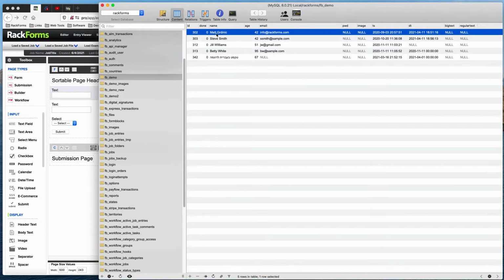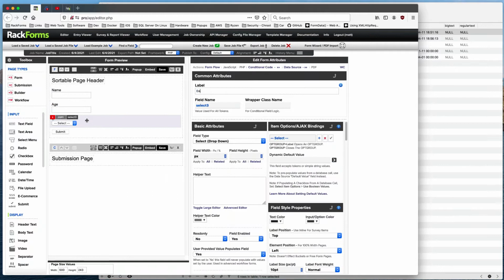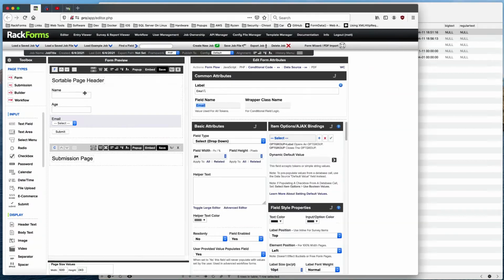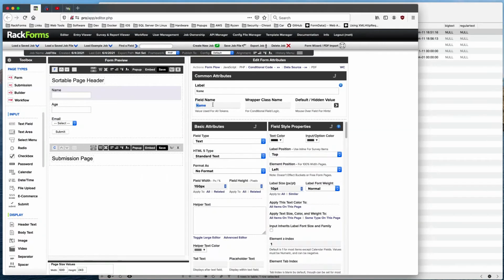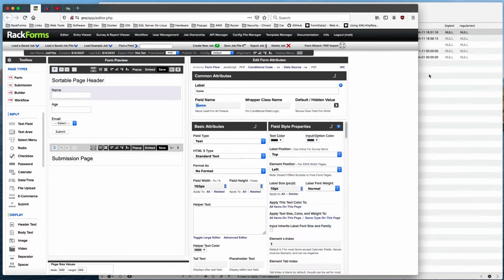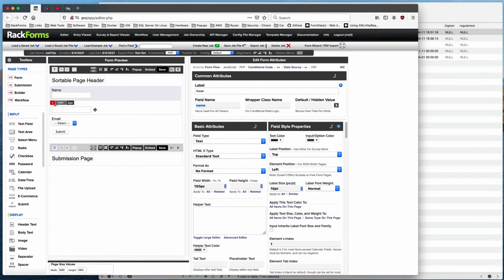So how would I pull this information into this form right here? Well, the first thing I want to do is name my fields to what the fields in the database would be. So name, age, and email. And then I want to make sure that these field names actually match my database column names. Column names are case sensitive. So here you'll notice we have lowercase n, lowercase a for age, and lowercase e. I'm just going to change this then to lowercase name